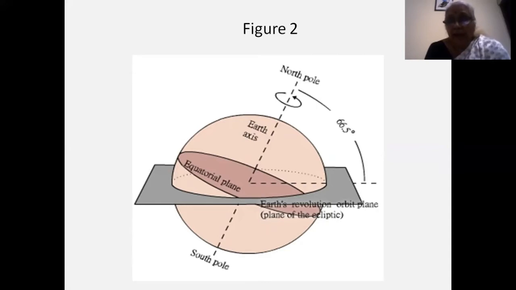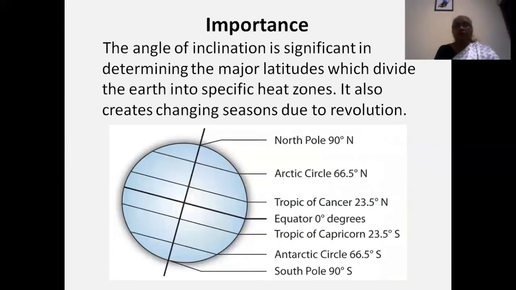The reason we have these numbers is because all latitudes, and the names I have mentioned are actually latitudes, are drawn perpendicular to the axis, because it depends on the sun's rays and so on. Now, the importance of the axis is that you can name the various important latitudes because of the sun's rays, and the axis also helps us understand how seasons change.